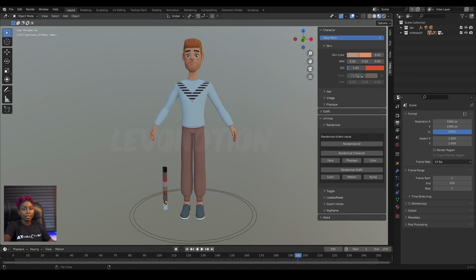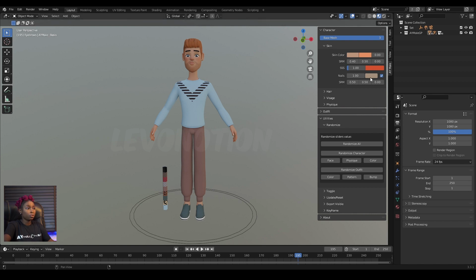Then this is the character's nails. If I toggle this on, you can see this first slider says nails length. The second one, nail color. Then this other one, specular, roughness, and metallic. This is unique and different from the skin color, so you can tweak the specular, roughness, and metallic of the nails outside the skin color.